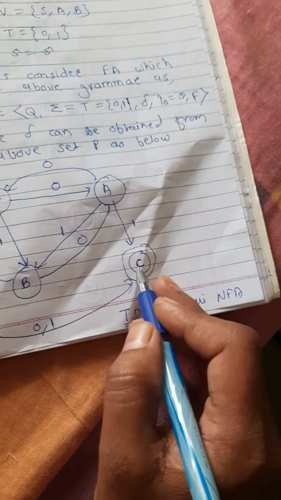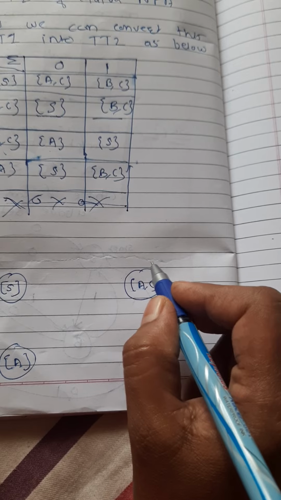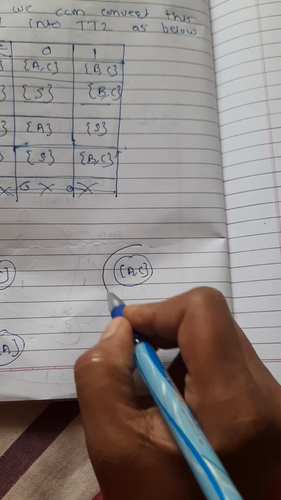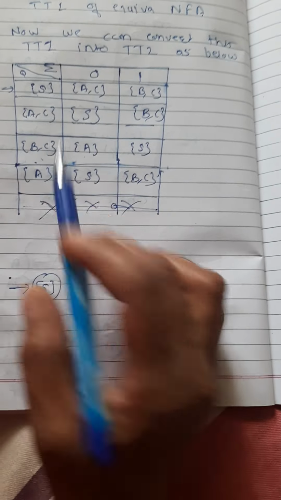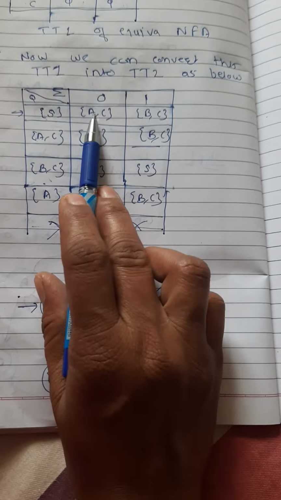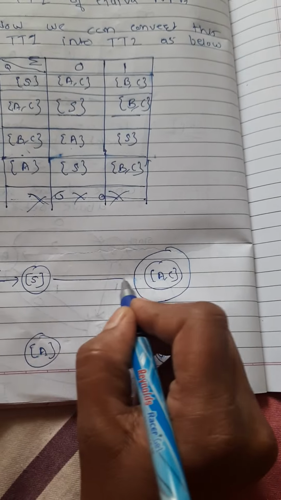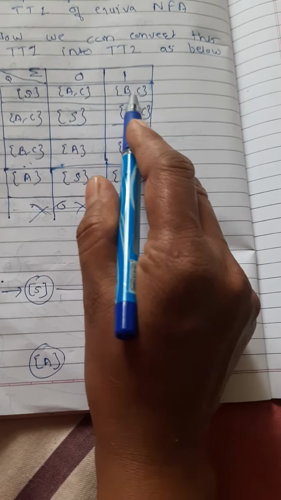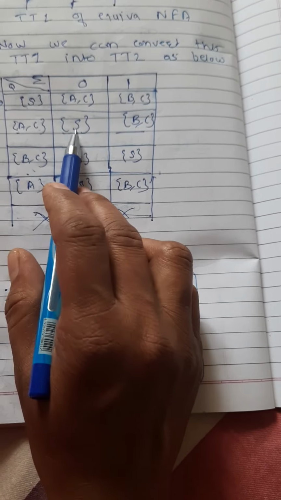Which will be the final state? First see the final state of the NFA. The final state is C. So whatever subset contains C, these two, will become the final states of the equivalent DFA, both states. Then mark the transitions in the diagram. From this subset to this subset for 0: S to AC on 0, then S to BC on 1, then AC to S